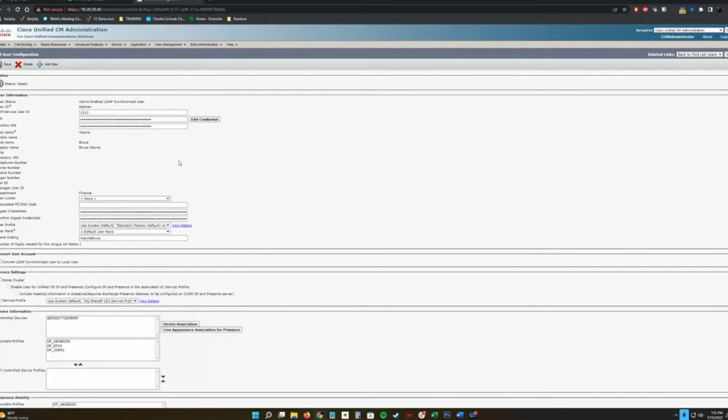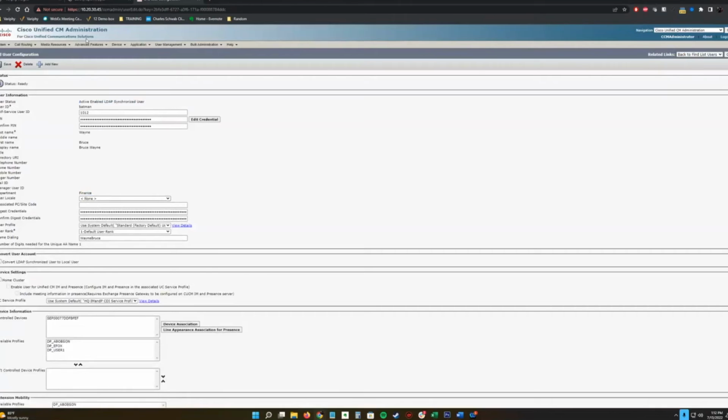So this would be when you set up a new user. Let's say they're a local user to Call Manager. Like we're looking at Batman here. He's actually an LDAP synced user, so that would be set up in AD or LDAP, and that's where they get their department or manager ID.